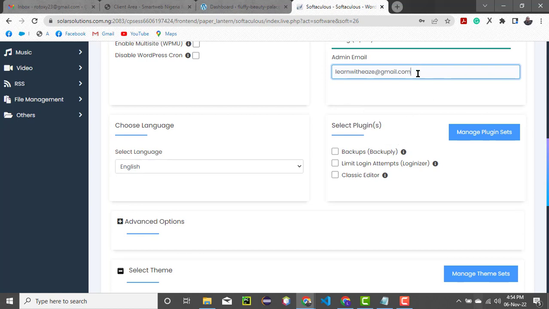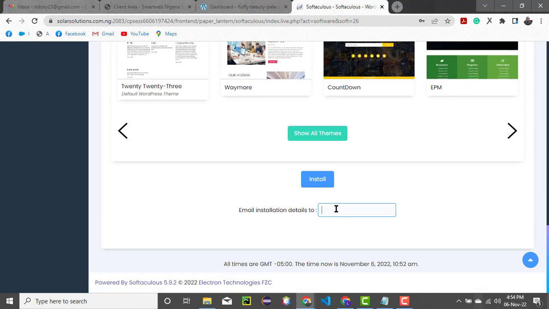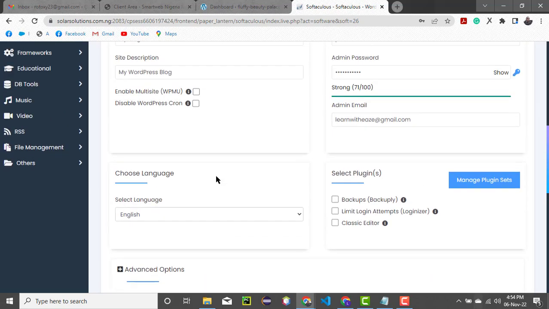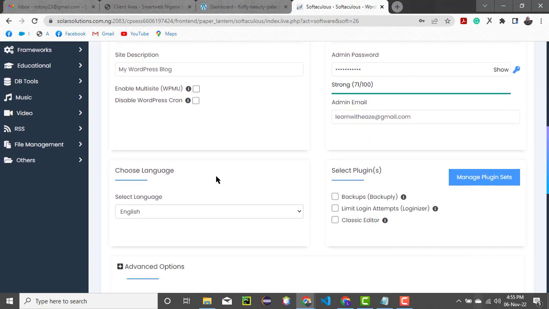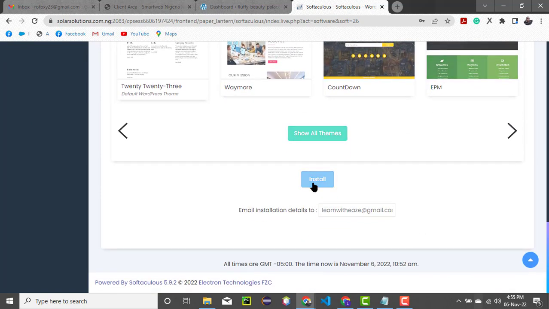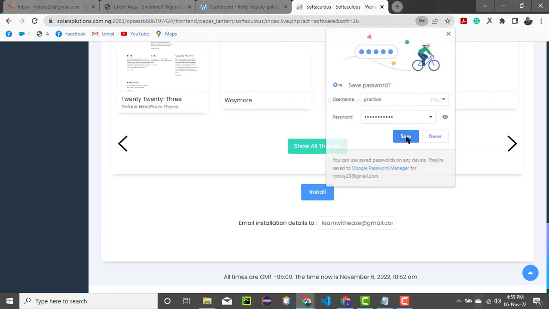Okay, I'm also going to copy this. Then I will come to this point, email installation details to that same email address. Then here I can decide to select a particular theme, or I can decide to leave that theme and just leave it as it is, and just click on install. So it wants me to update this. I will save it,